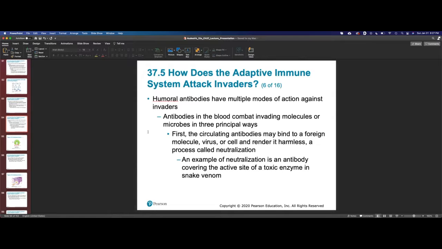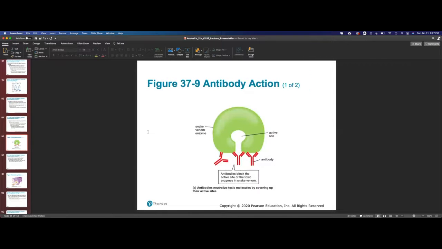So you're covering ideally the active sites. This can be particularly useful in something that's, say, toxic, because a toxic substance no longer can interact if its active sites are covered. So like snake venom, that antitoxin is basically antibodies against that specific snake toxin. That's also why you need to know what kind of poisonous snake bit you, so you get the right